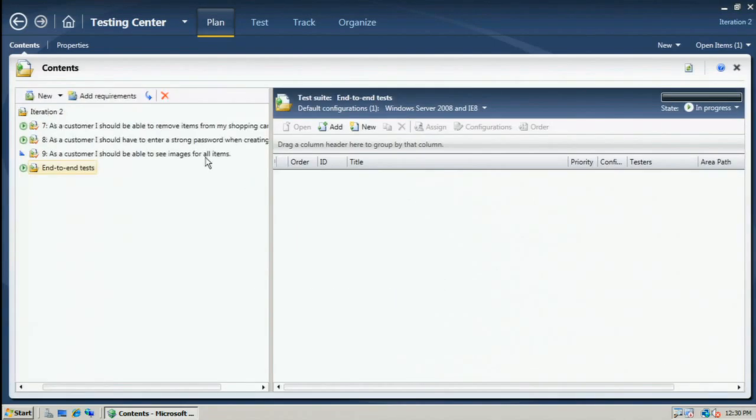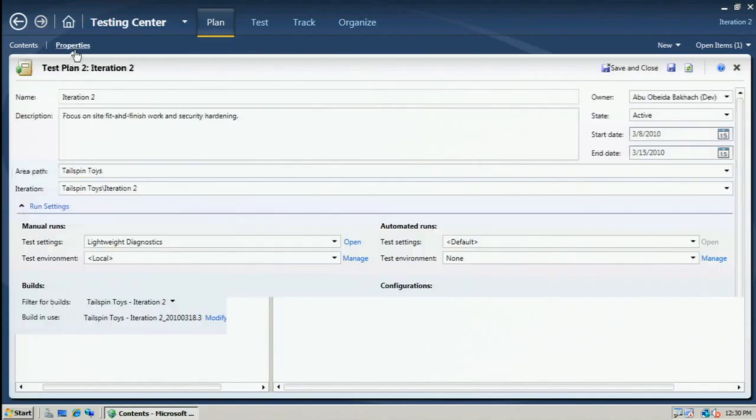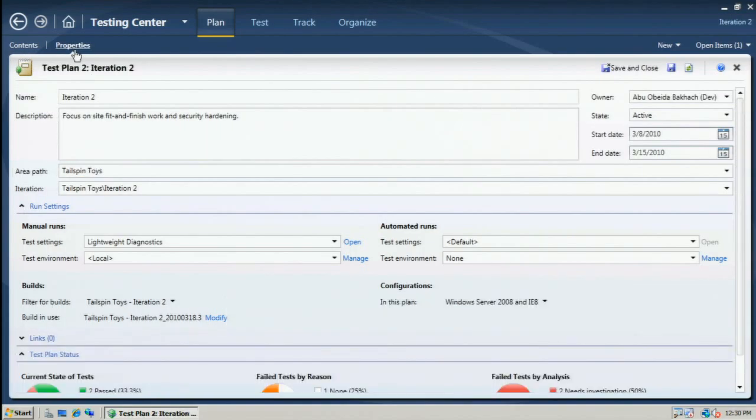The other thing that you need to know about test plans is that there's a lot of properties which go on behind the scenes, which dictate to your software testing team how their tests get run. So, for example, I talked about this no more, no repro problem where you have the tester that finds a bug and it works on the developer's machine. Wouldn't it be great if we can automatically capture information from that test run so that when we hand it off to the developer, we're not just giving them a one-line description that says, hey, when I clicked on that blue button, it broke. What we can do is we can automatically capture for you things like video recordings. And so if I jump into my test settings here,